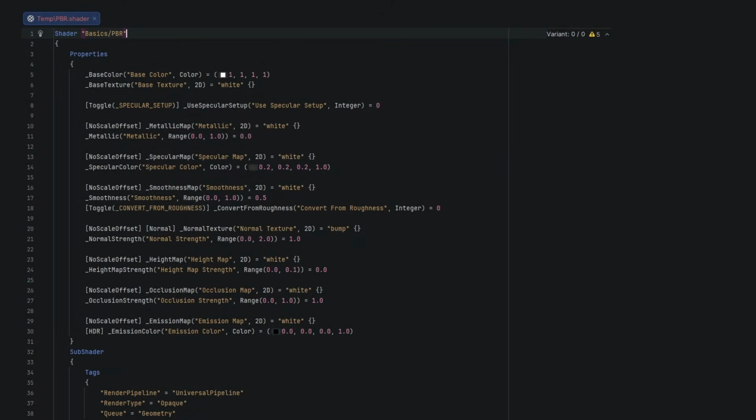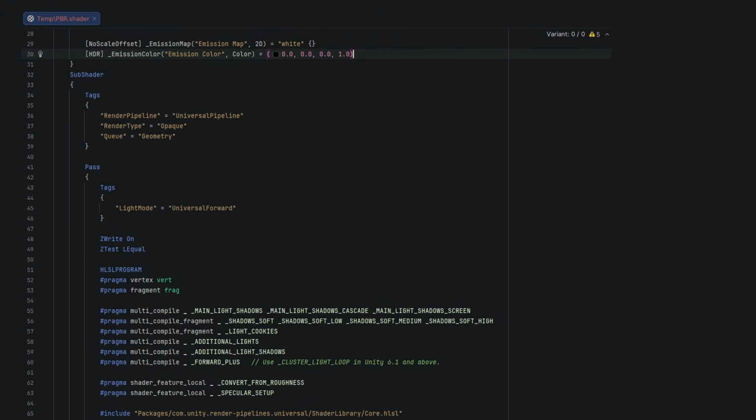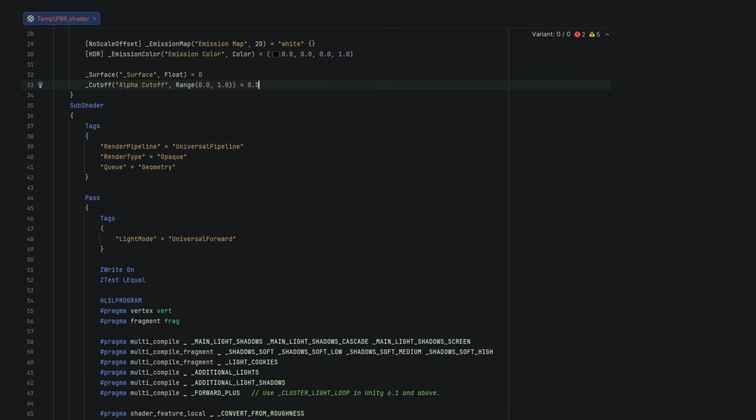This will be a bit of a blitz through the stuff we learned in previous tutorials all in one go, but there's some new stuff in here too. Let's start with some new properties. Lots of them. Most of them will link directly to a shader command, except surface and cutoff, which are used in the fragment shader. But all of them use the float type, and all of them have a slightly different default value. From top to bottom we have surface, for opaque versus transparent objects, cutoff, which is the alpha testing